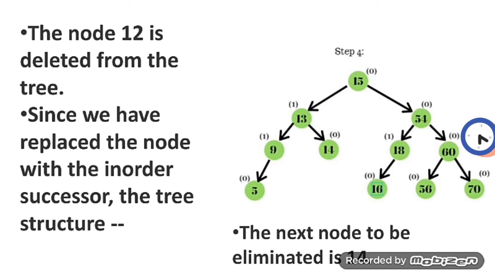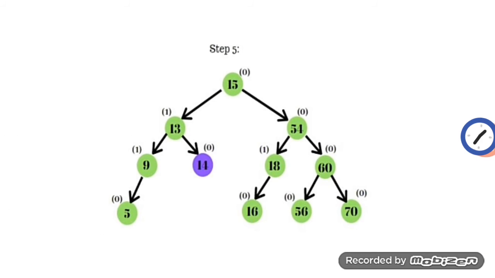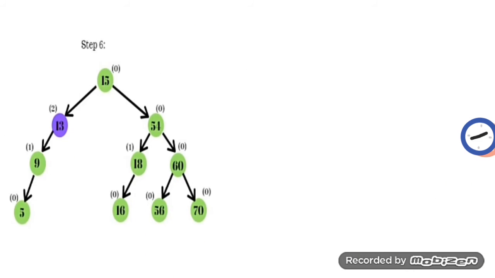Now at the next step, suppose we want to delete 14. You can see that 14 is a leaf node. You can delete a leaf node without any hesitation or without any headache. It is very simple. But after deleting any node, that may be a leaf, that may be an interior node, whatever, you have to check the balancing factor. After deleting node 14, the tree will look like this. You can see that 13 is not having 14 as the right child, and now the tree is imbalanced.